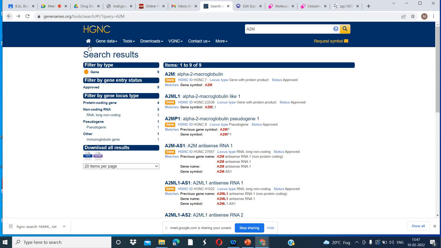Now I am going back. We also have links to different tools: BioMart, HCOP, multiple symbol checker, and a link to the VGNC database. These are the different tools, like BioMart, that we can use.